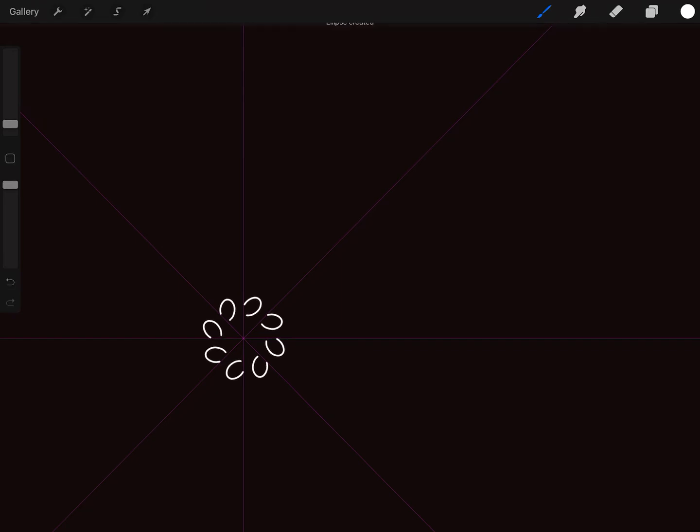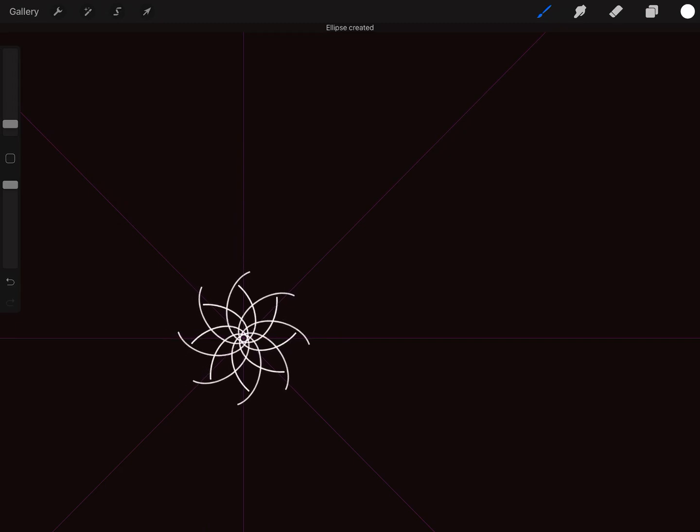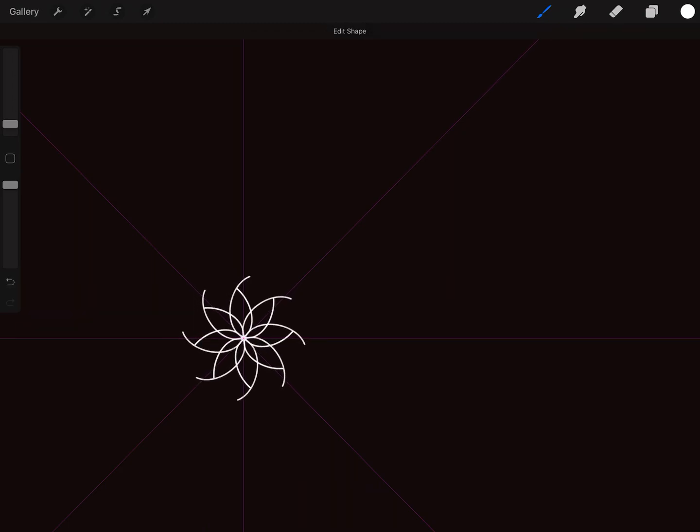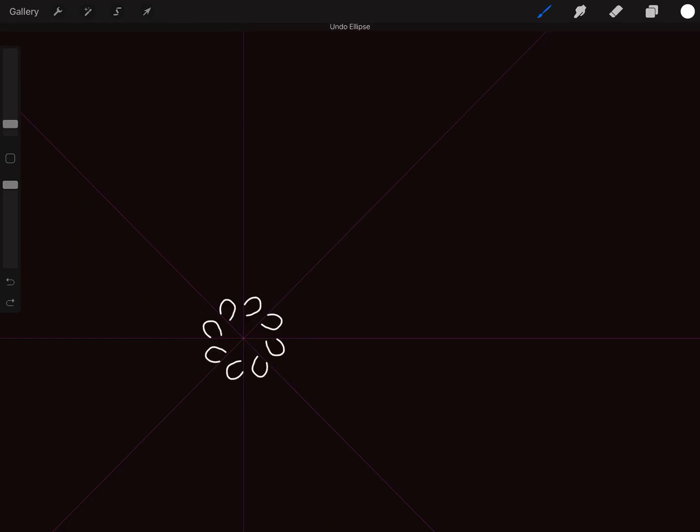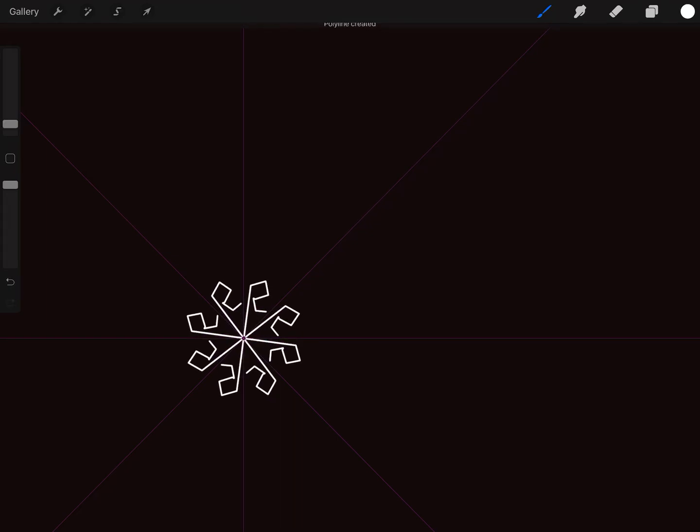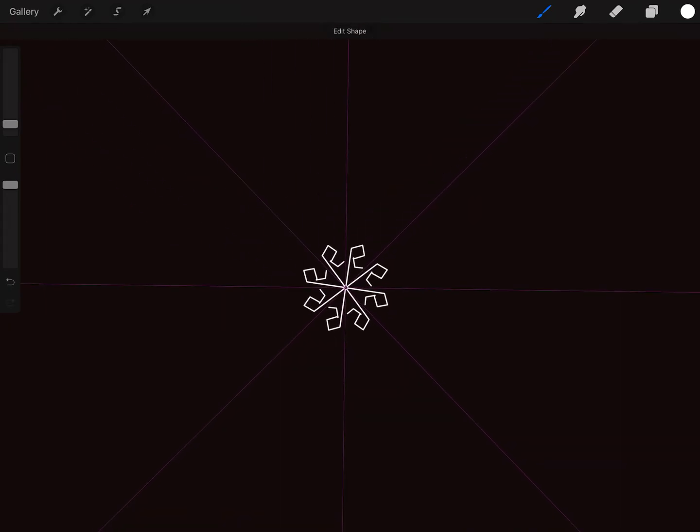So you can just start to draw, and if you hold your pen down, you get the ellipse created up on top, if you see the very top of the screen. And you can keep that. You can edit the shape if you want to. You can go back. So a lot of times I just kind of start. If you hold it down too long, it makes a straight line. So you kind of have to get used to your curve, or it'll make it like that,